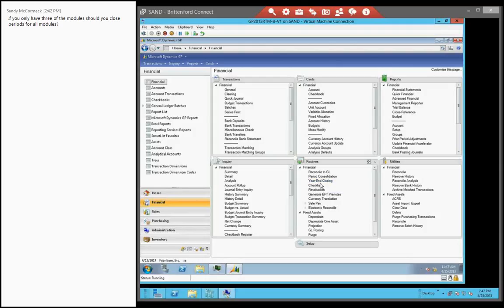There's a very specific order, and we have blogs and information on the process of reconciling, or closing out GP for the year. You're going to close out your financial, your purchasing. You're going to close out your AR. You're going to close out your fixed assets, any inventory. And then the last thing we do is